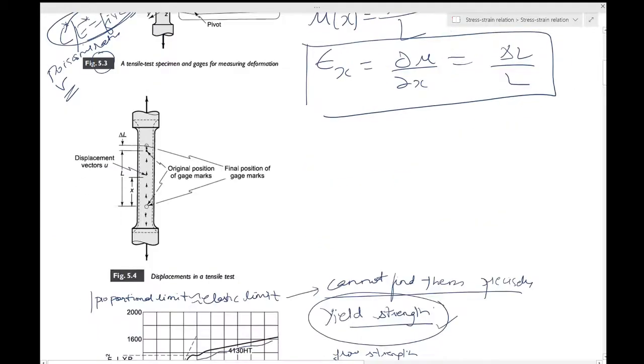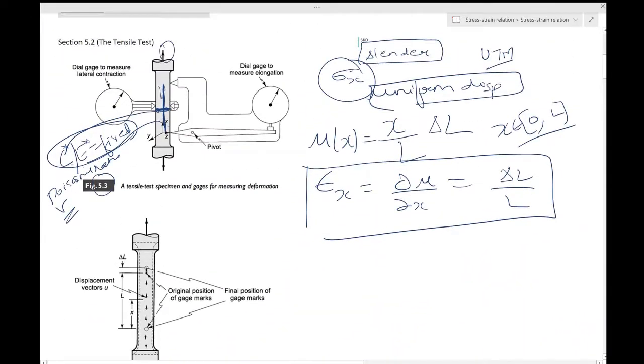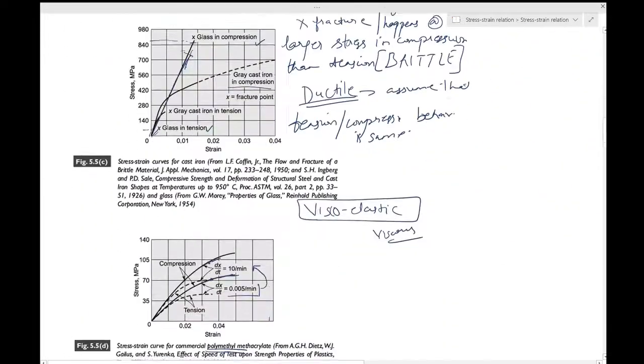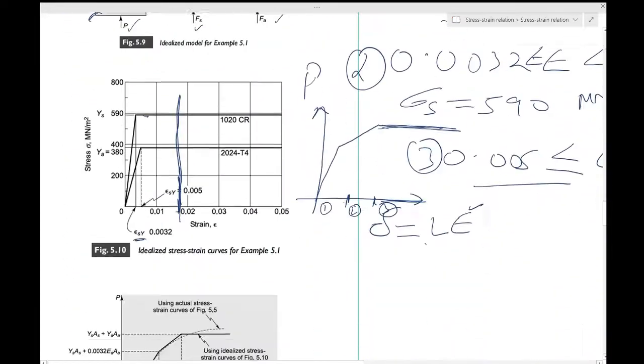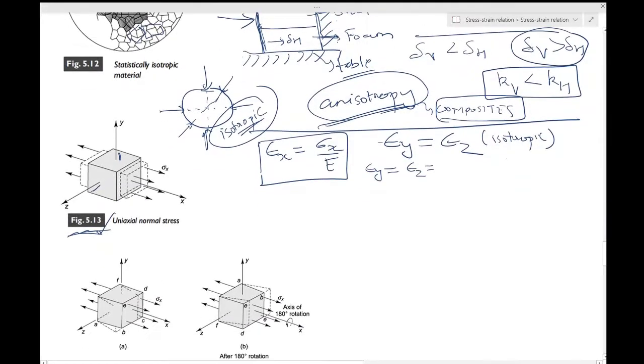This, as you know, is the strain in this direction, and this would be the normal strain in the x direction. So that ratio is written as nu. Okay, so epsilon y is the same as epsilon z for the reasons we have discussed, and this is the ratio, minus nu epsilon x. We have already discussed the Poisson's ratio, and we know why this is a fixed value. Now, why this